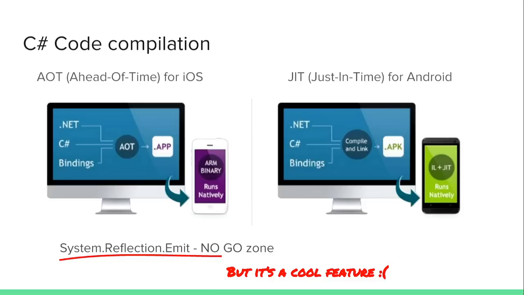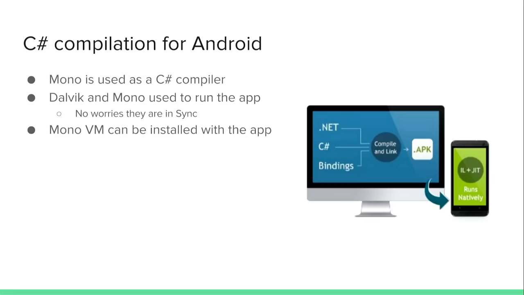There are two different approaches for the two platforms. For iOS, it's ahead-of-time compilation. That means your code, which is C#, is first compiled to the CLR, and then the CLR is converted to binary ARM code which runs on the iOS platform. So it's pre-compiled there. For Android, it's a little bit different situation. With iOS, I will show you later. For Android, it's a little bit different because we have to,